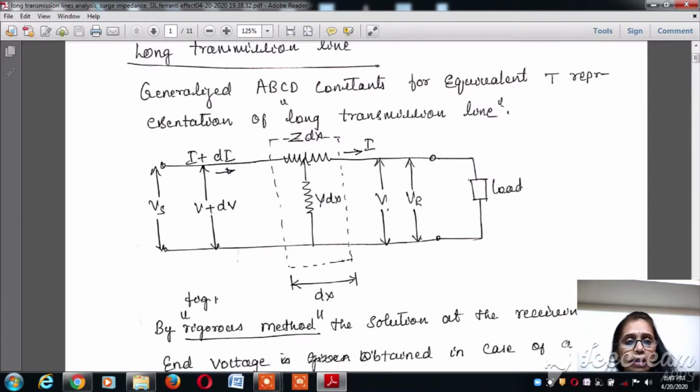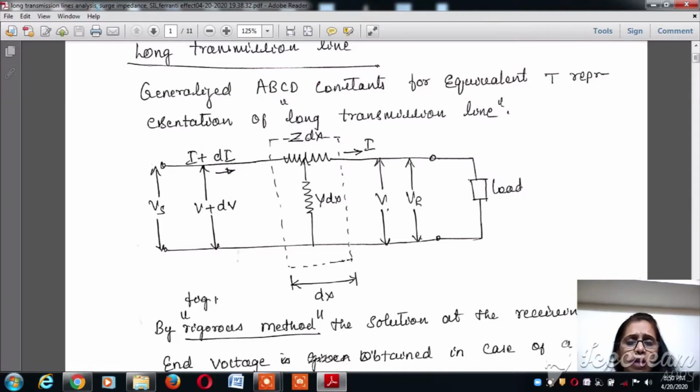In this, we have understood that the long transmission line is carrying high voltage, more than 100 kV, and the length might be more than 100 kilometers. This is a very challenging area where the line capacitance is to be taken care of to calculate the performance efficiency as well as the voltage regulation.